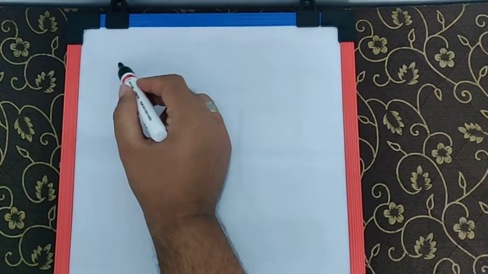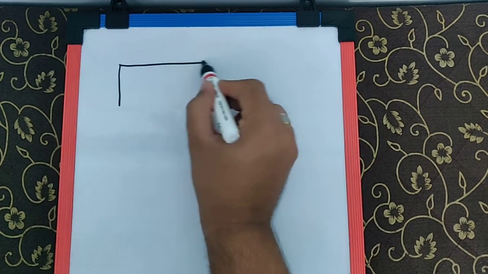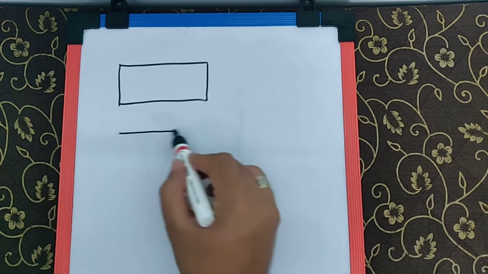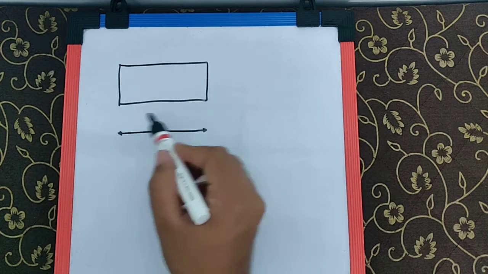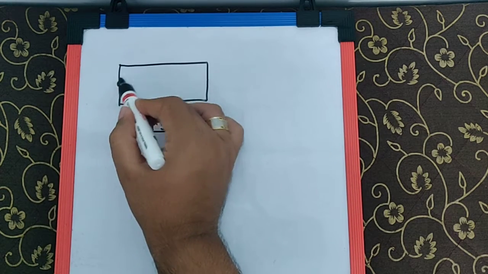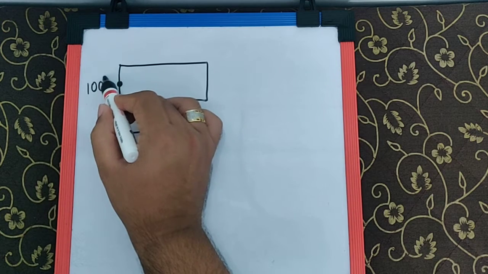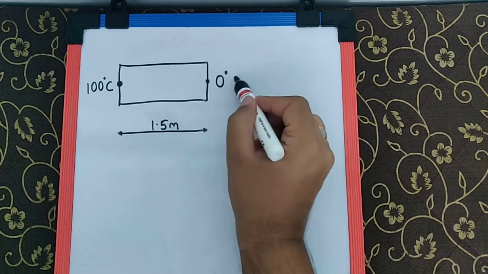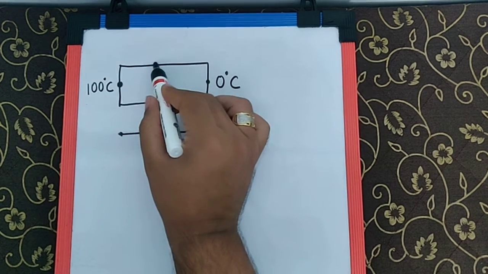Latent heat of fusion of ice is 80 calorie per gram and latent heat of vaporization is 540 calorie per gram. Now one thing you need to understand over here is, this is say the copper rod whose total length is 1.5 meter. Say this end is at 100 degrees Celsius water and this end has 0 degrees Celsius ice. So there is a point